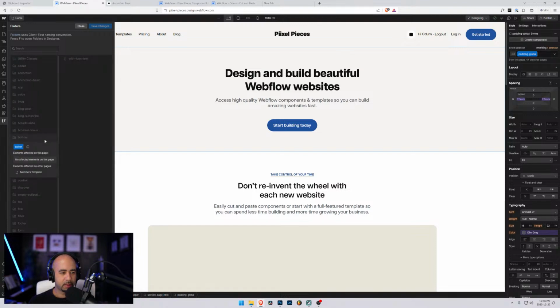So, no affected elements on this page. I mean, there's got to be lots of button stuff. Are you kidding me? Yeah, there it goes. It's in every page. Okay, so